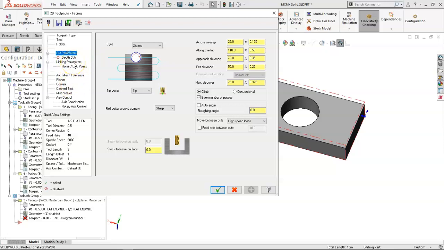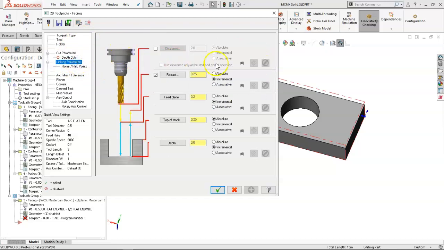As soon as I turn this block over, and I know I have 1/4 inch of material, those retracting feed planes cannot be as low as they are. And so cut parameters, I think we're okay. Yeah, it's still a pretty good step over, but and then we get to the linking parameters. So now all of a sudden my retract at least 0.5, and if I want to be above that raw